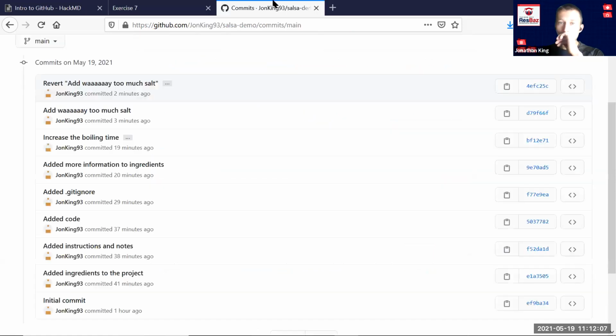So one thing you can do on GitHub online here is go back to your old version of the code, which we looked at before, but you can also download the old version. You don't just have to look at the files. So if I want to go back to this commit before I did anything with salt,